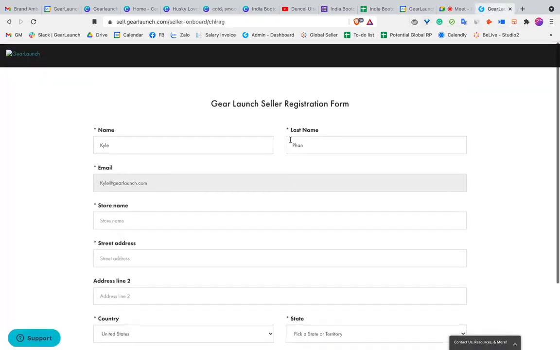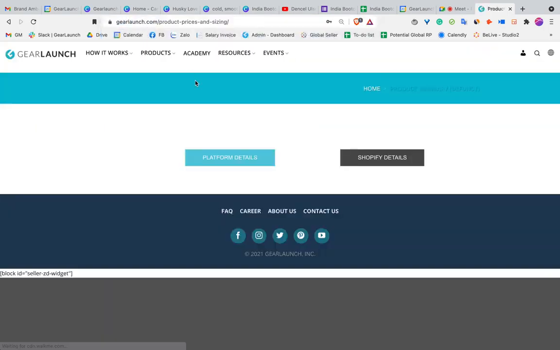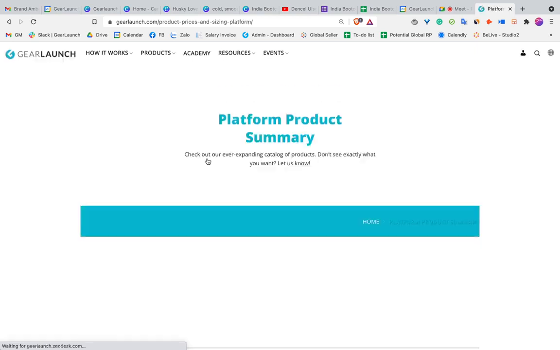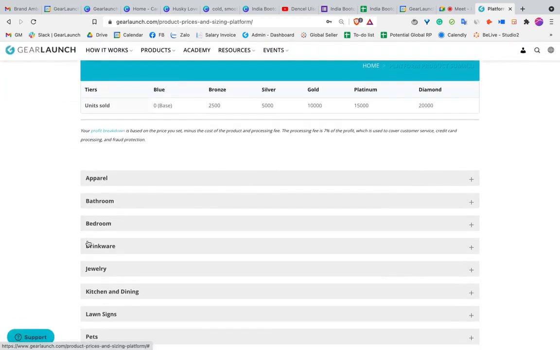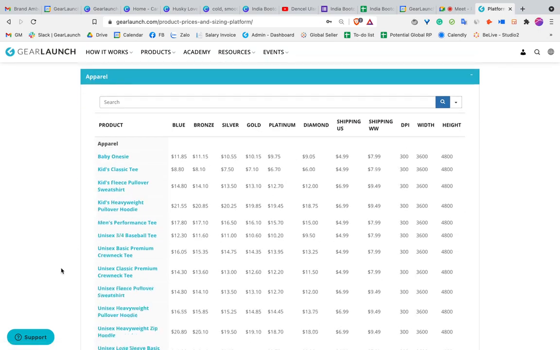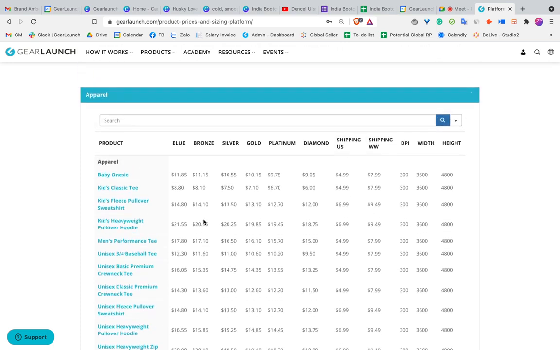I'm gonna go from the ground up. For example, I want to sell t-shirts. The first thing I need to do is go to the GearLaunch website, Products and Product Summaries. And here, as I mentioned in the last session, the first thing you need to do is